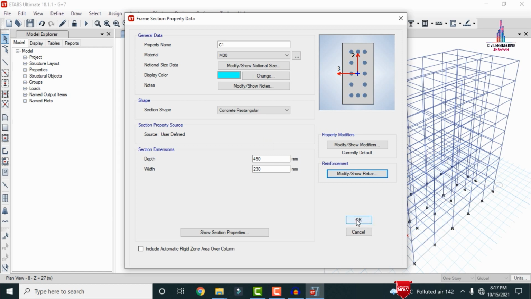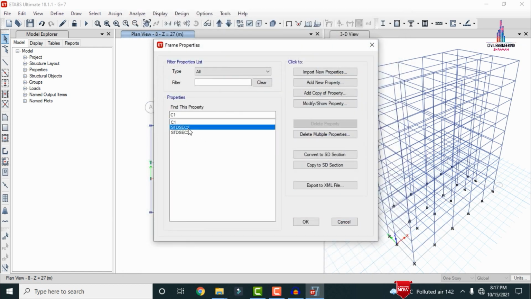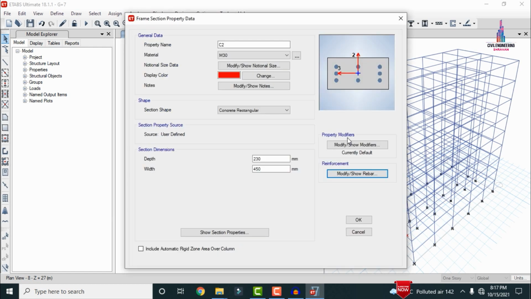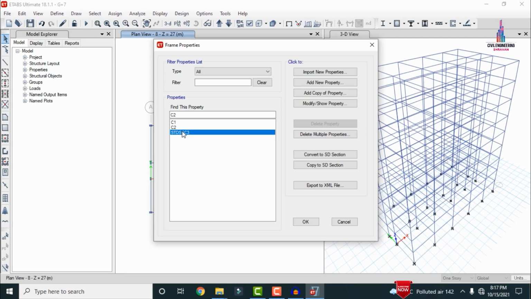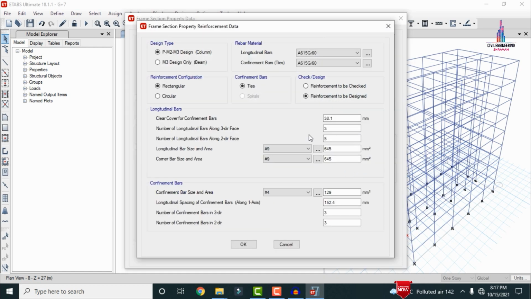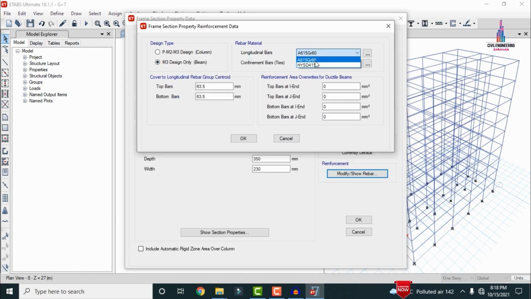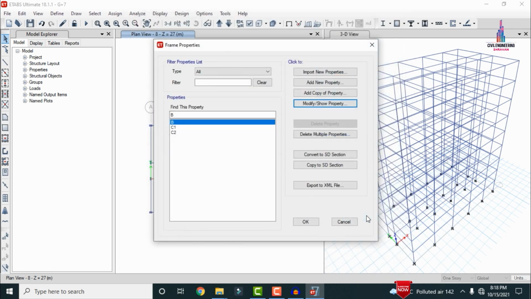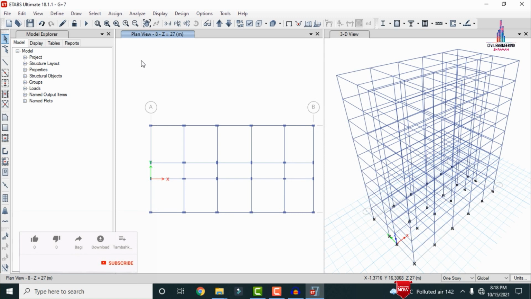Again in the same process we have to modify the C2 section also. Again in the same process you have to select the last one. Click on the modify option. So we have to write it as beam. Select the option is M30 grade, which is related to the concrete member which is of beam sections only. Again in the same process we have to change the HYSD bars here. Okay, so you can click on the OK option. So now we can see it was changed the complete data from StatPro software to ETAP software.